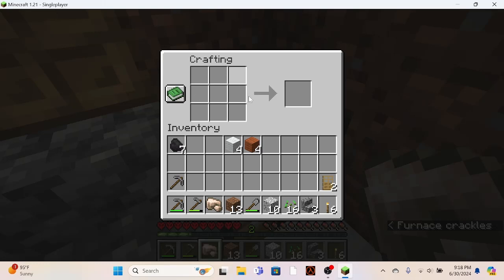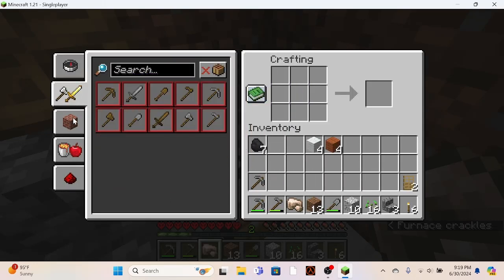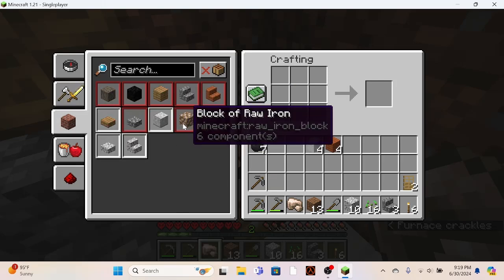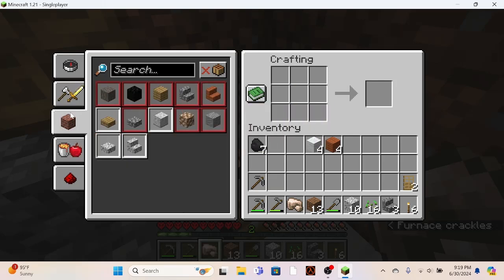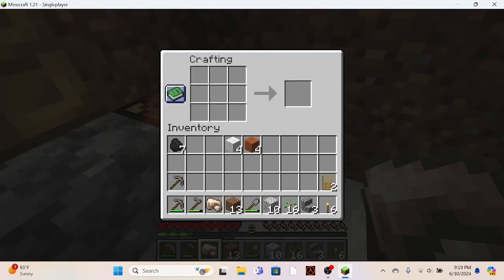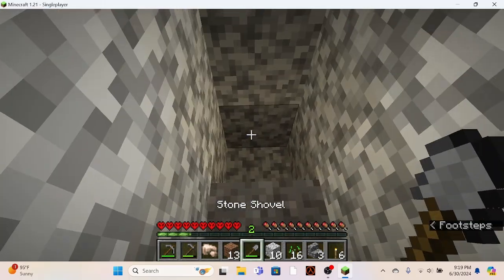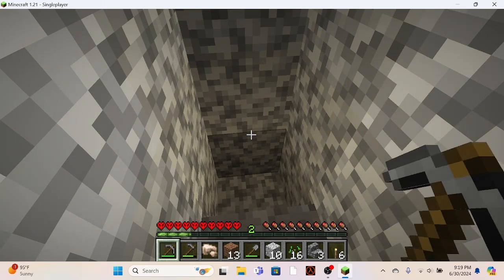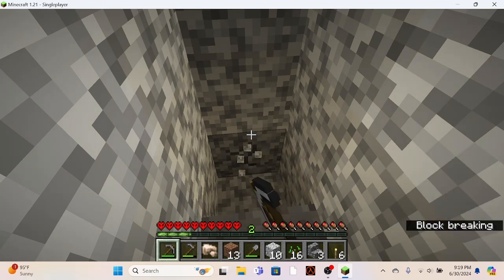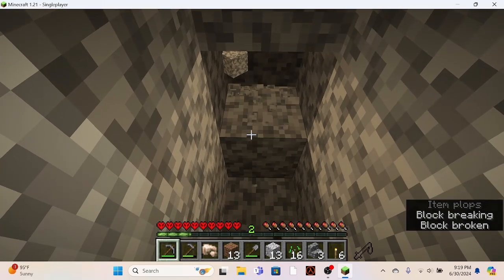Now, right now we've just been crafting with this 3x3 interface, but you can actually left click that and it opens up this menu which you can use to search for all these things. Now, raw iron in itself isn't too useful. However, it can be used for other things. It can be used to make decorative blocks, that being blocks of raw iron, and it can be smelted to make